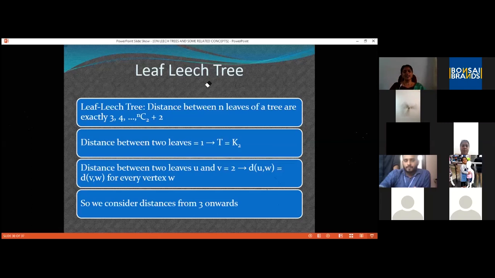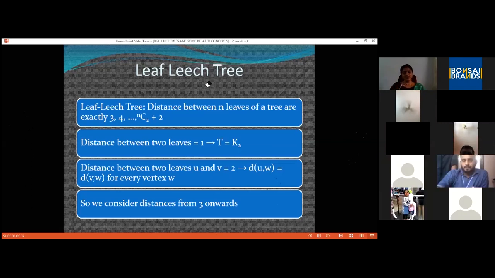So the only case is P3 and hence it is not interesting. So we are looking for trees in which the distances between pairs of leaves are taken and these distances are exactly 3, 4, etc., NC2 plus 2. So we are only considering from 3 onwards.